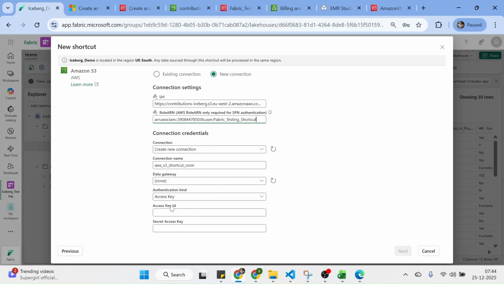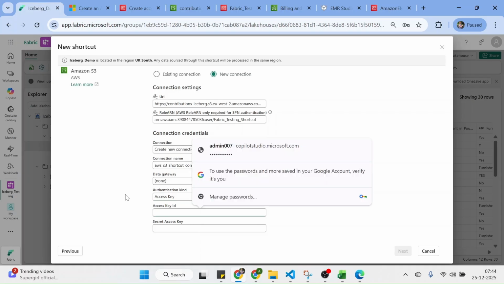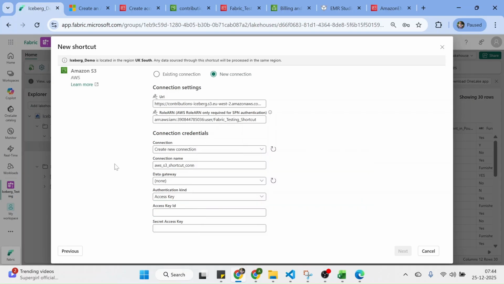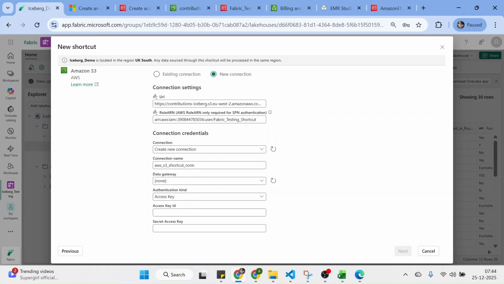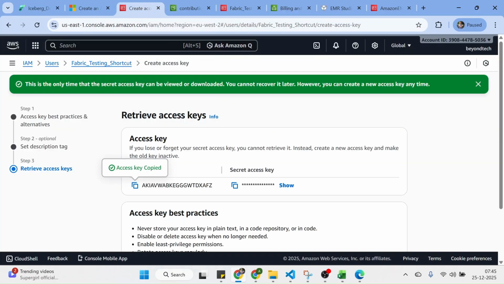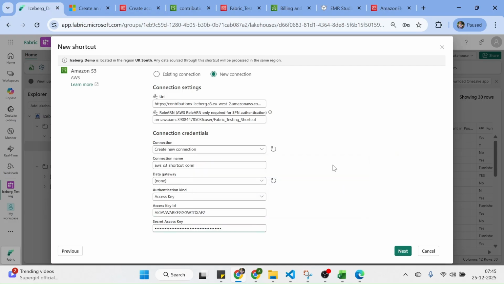And we have the option of giving access key or service principal. This time we are going with access key. You can give service principal, we need to configure accordingly. Access key we will copy, and we will copy again the secret access key. I will copy this name. Click on next. Now it will give you an error